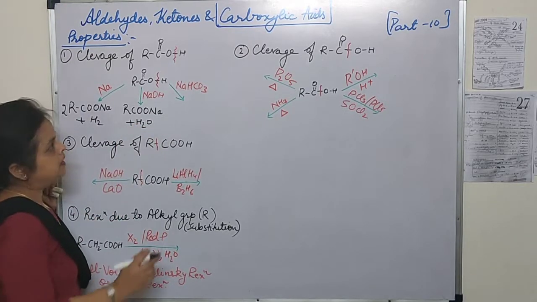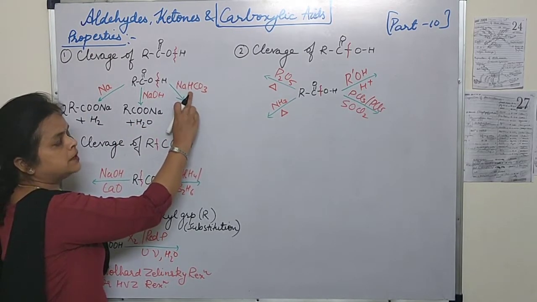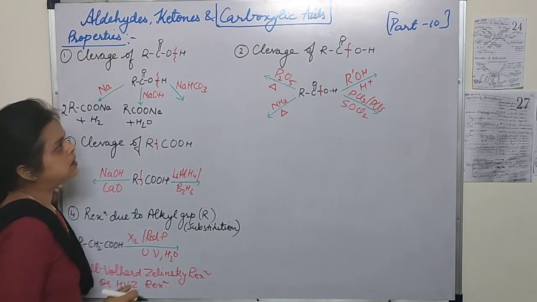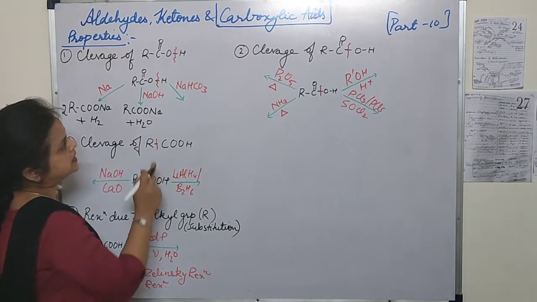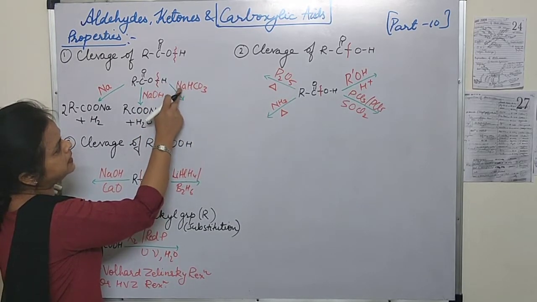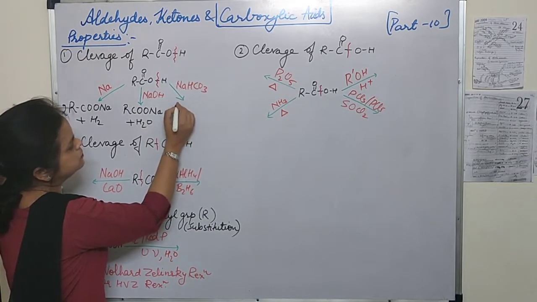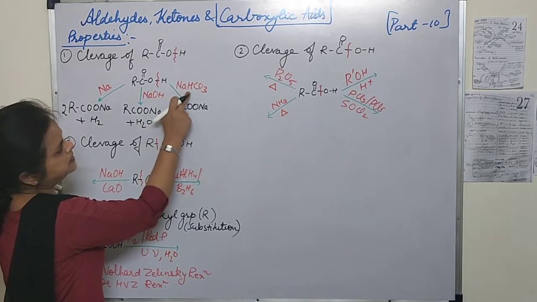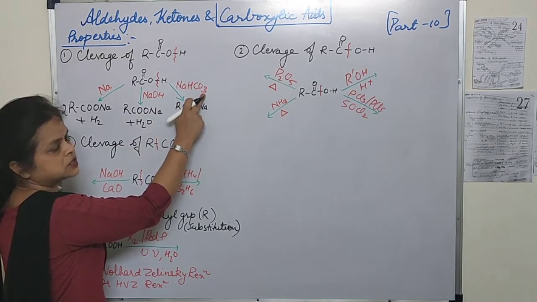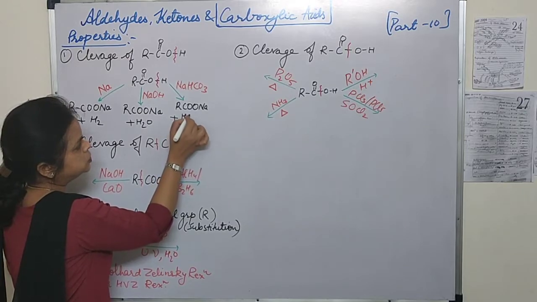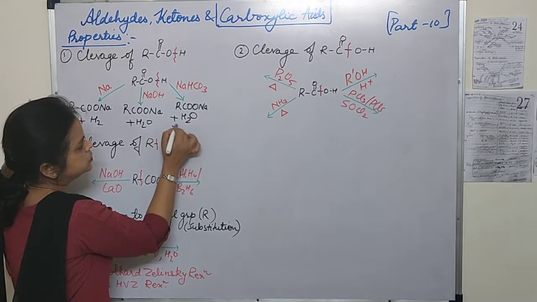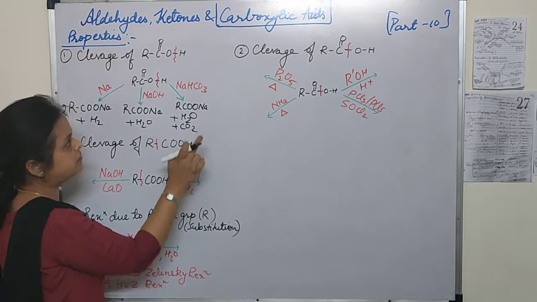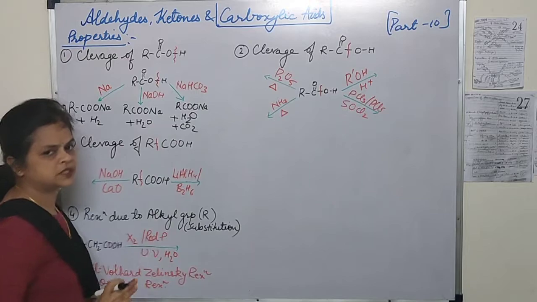H2. Here, when it is combining with sodium bicarbonate, first it will give out the sodium salt of the carboxylic acid. This H will come out and Na will take its place, and it's going to form RCOONa. Now this H and this H will combine with one oxygen from here and form H2O and CO2. From this carbonate part, CO2 will come out, one oxygen is left, and it will combine with these 2 hydrogens and form water.